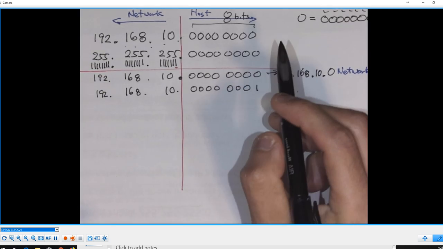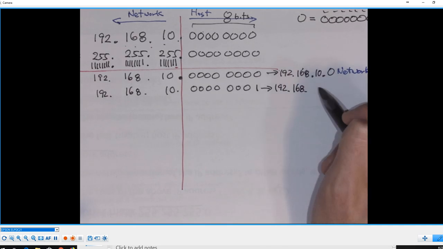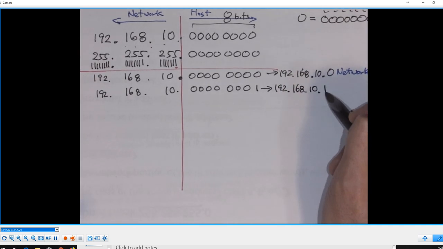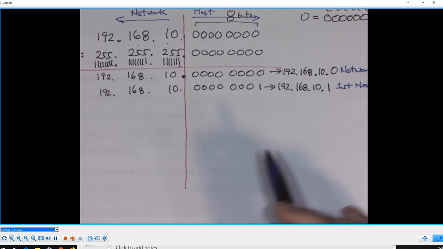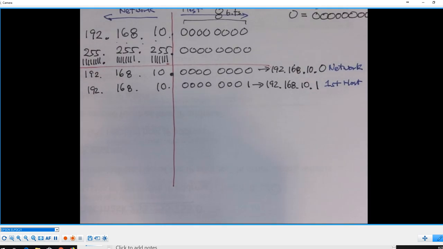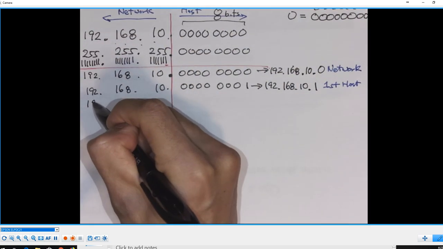192.168.10.00000001, right? Which is 192.168.10.1, right? So what is this? This is the first usable host IP address. And then the next usable host IP address is